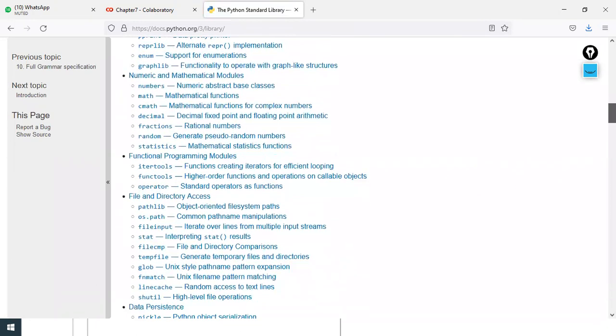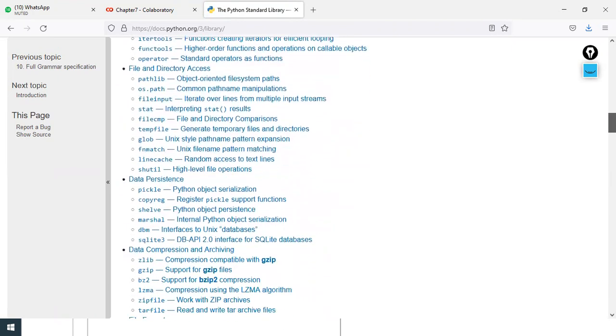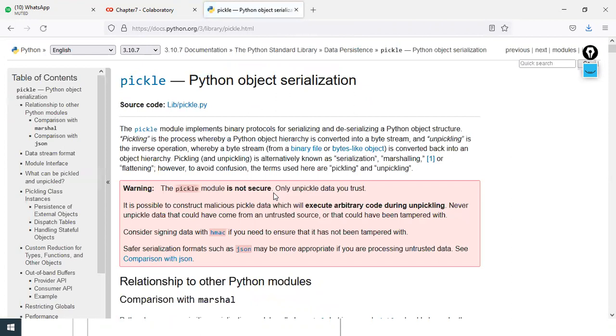So these are all libraries. Functional, statistics, pickle. I don't know whether you people have heard about pickle or not. Whenever we do automation, we have to use the pickle library as well. The pickle module is not secure, only unpickle data you trust. The pickle module implements a binary protocol.